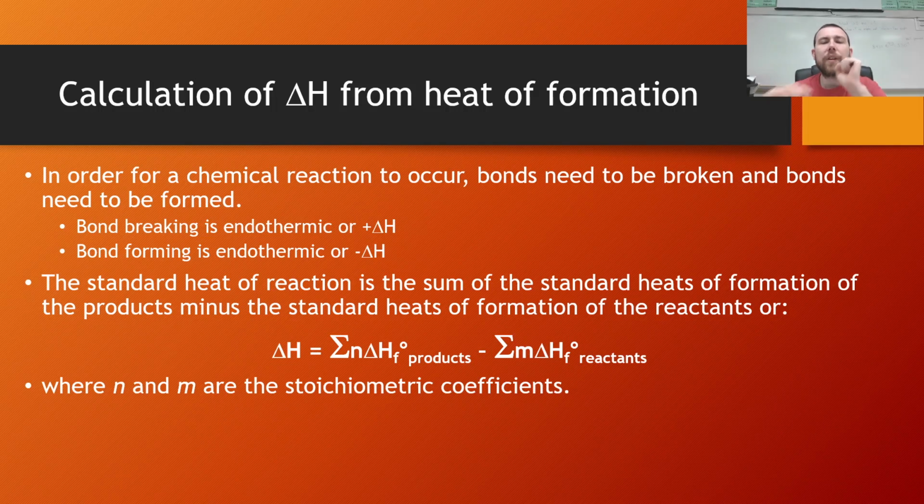Now, we can use enthalpies of formation as a way to calculate delta H. We've already seen this when we introduced bond enthalpies, but we know in chemical reactions, in order for them to occur, bonds have to be broken and new bonds have to be formed, right? And we even introduced this idea that breaking a bond is endothermic. It requires energy to break a bond, and that forming a bond is going to be